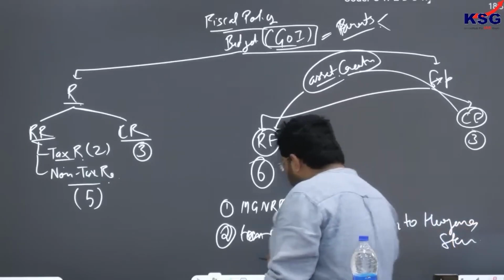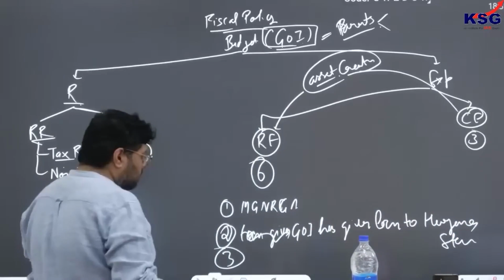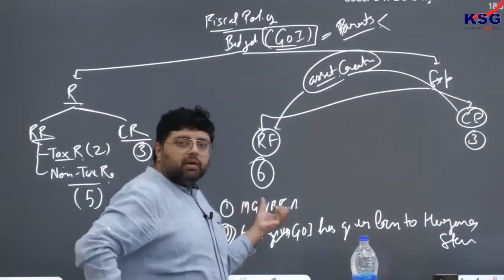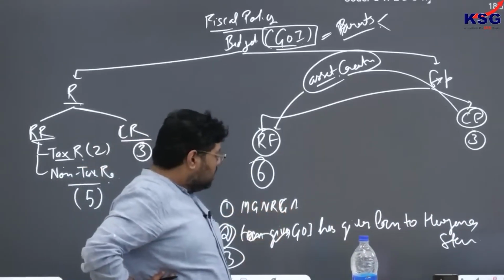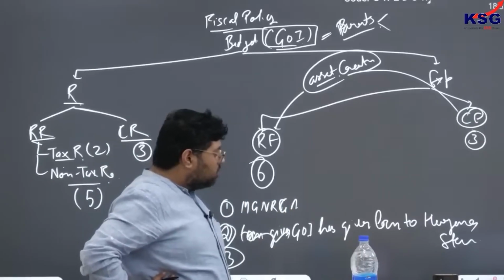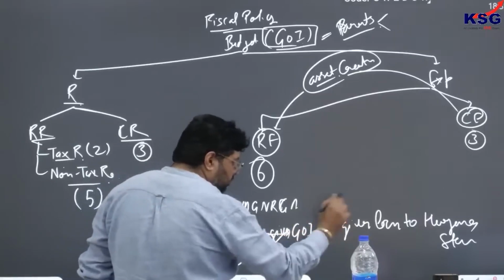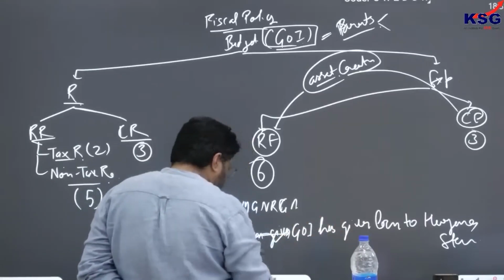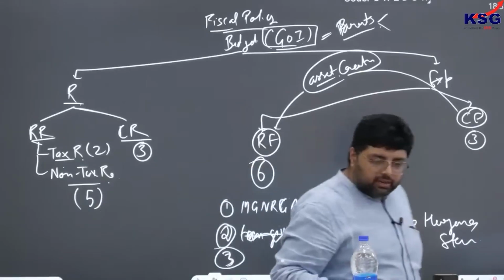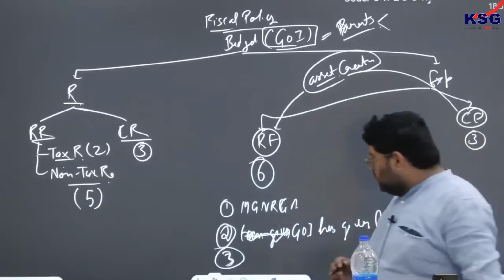This is the second statement. And third statement. Okay, so the first statement is money spent on MGNREGA. Number 2, the Government of India has given a loan to Haryana state or any state of your choice. Why be specific? For example Haryana state; those who are not enjoying Haryana, they can write their own state name. And number 3,